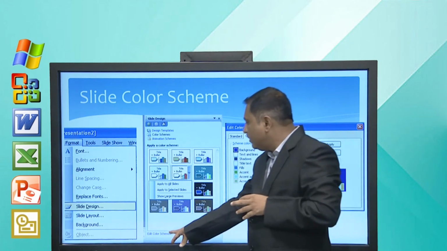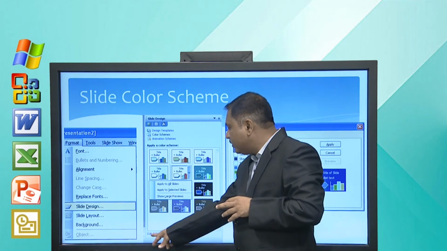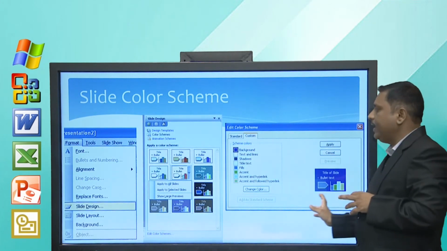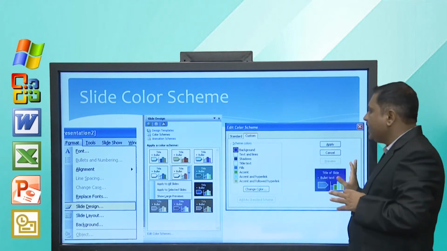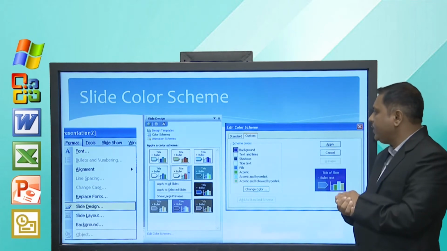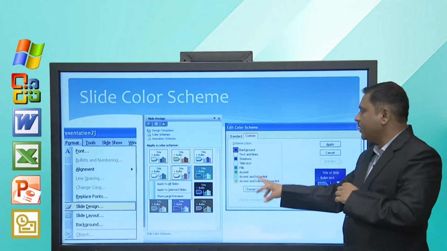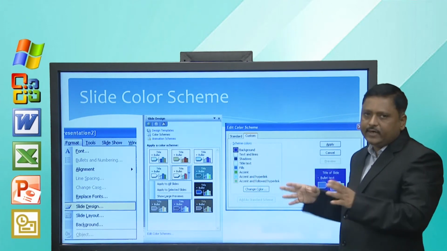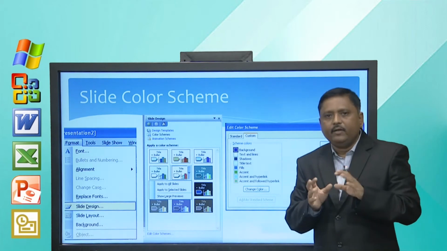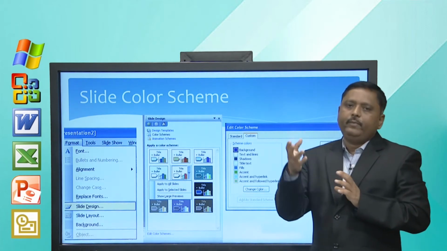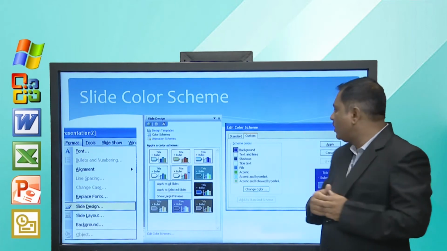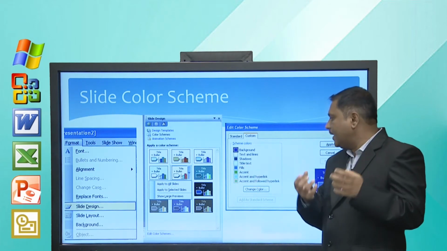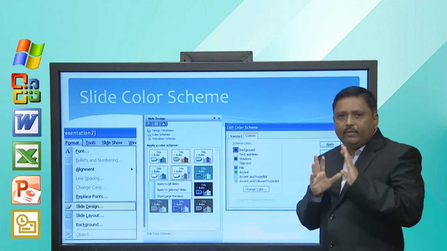Whenever I click on this link, this dialog box will appear on screen. Here you can change the color for title text, shadow, text and line, background, etc. So, you can decide what kind of background will be applied to the slide, what kind of title text will be there, what kind of accents and hyperlinks will be displayed.